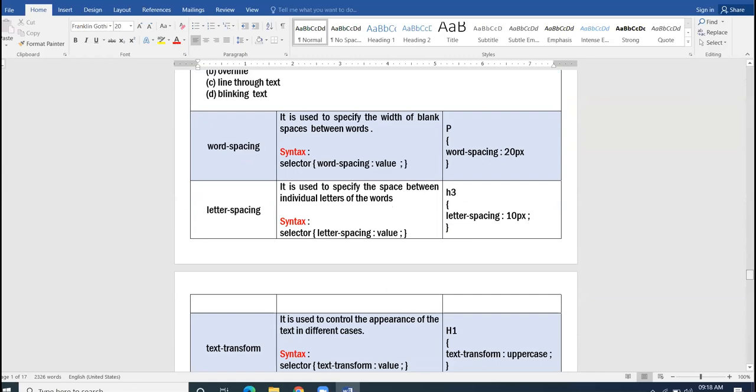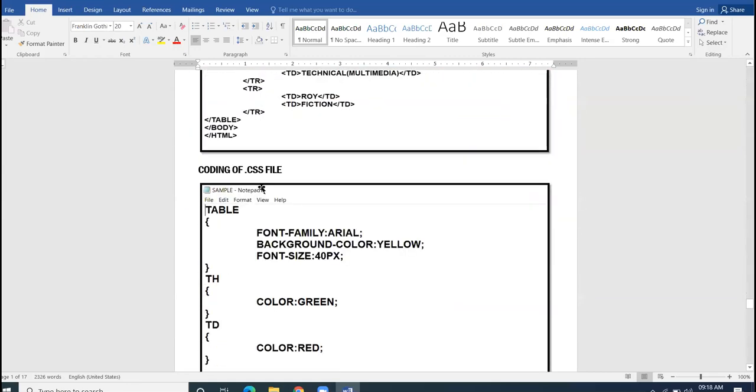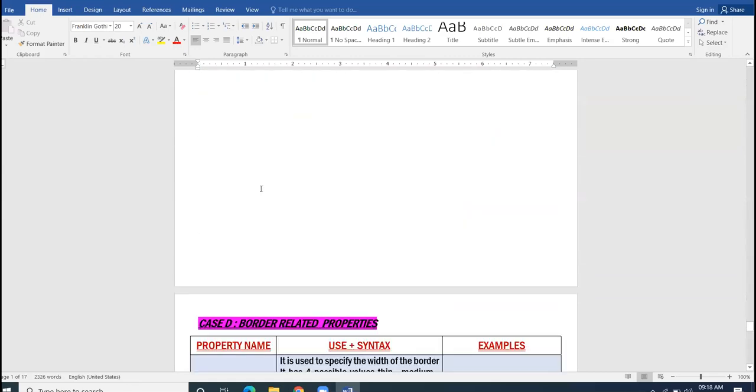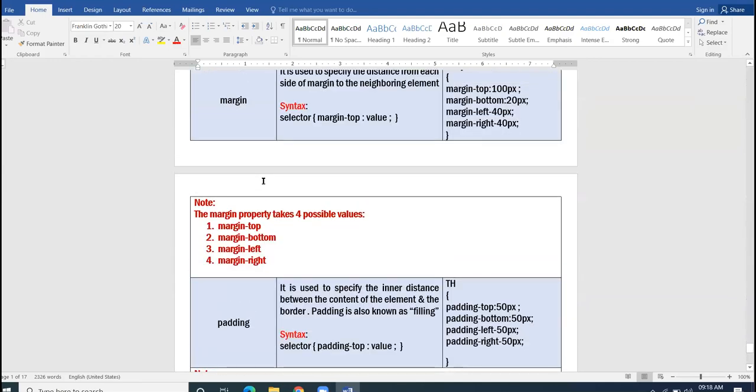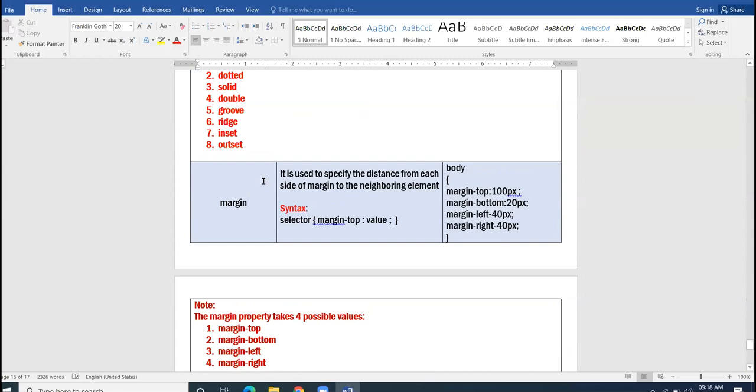And whenever we start writing, we leave some space from the left margin, right? So margin basically refers to the distance between the starting text and the margin. That gap signifies the distance from the margin.